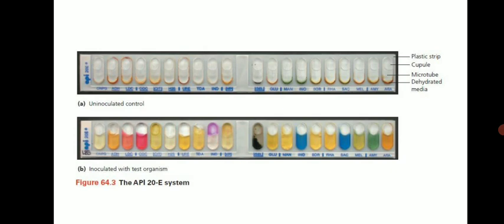These test kits include various sugar fermentation tests as well as various enzyme production tests. There are various kinds of strips, and you simply inoculate the suspension, and after incubation you can examine its color. These are commercial modifications of traditional methods, and at a time you can check fermentation of various kinds of sugar, as well as various enzyme production tests, using these test kits.